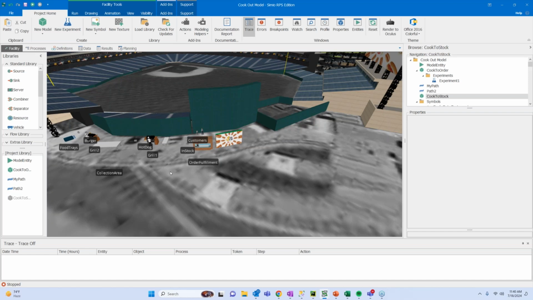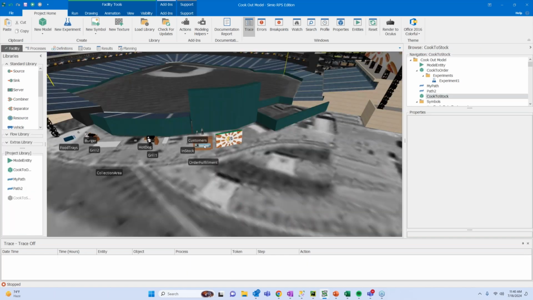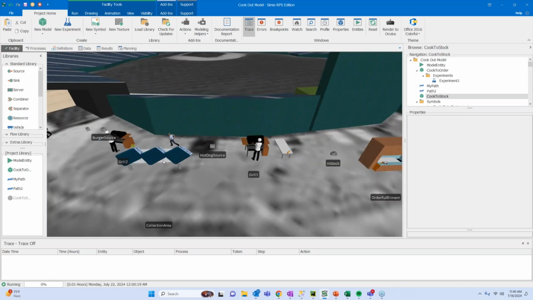So they're going to cook in this scenario differently than previously, where we were waiting for orders to come in in order to generate cooking. In this case, we're assuming that the demand is going to be there. We're just going to cook to stock and try to keep up with the demand. So in that, how that ties to the batching, we'll touch on some of the slight nuances in system setup. So if I just run this model for a little bit, we'll start to go through some different concepts.